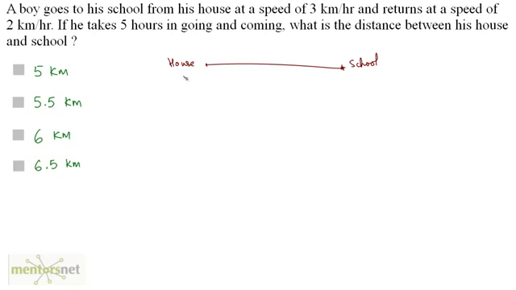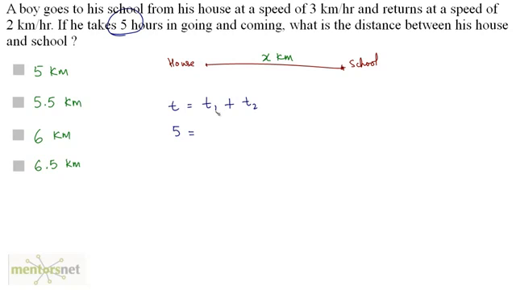Let us consider that the distance between the house and the boy's school is x kilometers. Now the total time taken for the boy to go to the school and come back, let it be t, which is equal to the time taken to go to the school plus the time taken to come from the school. Now the total time is given to us, which is 5 hours. So 5 is equal to the time taken to go to the school